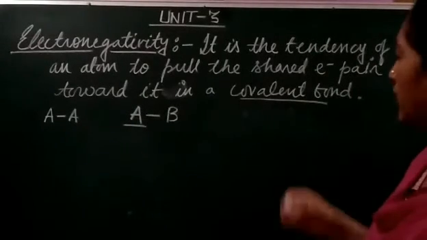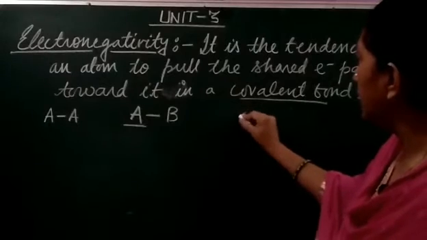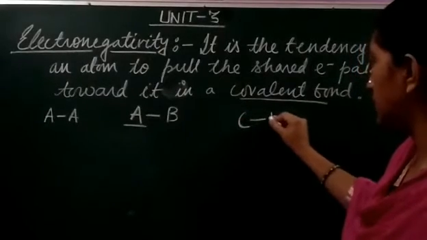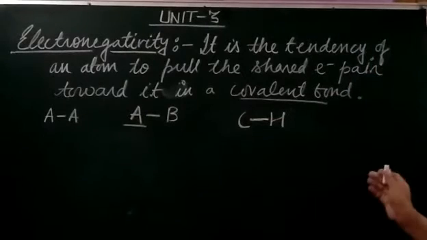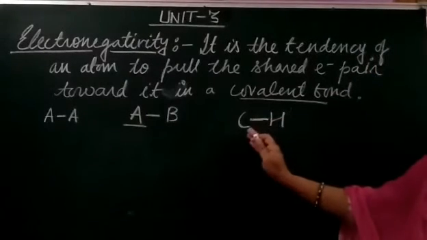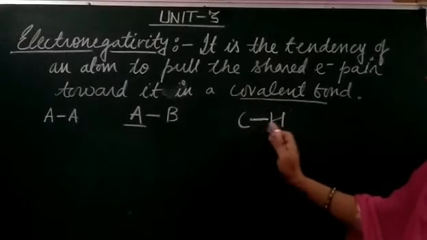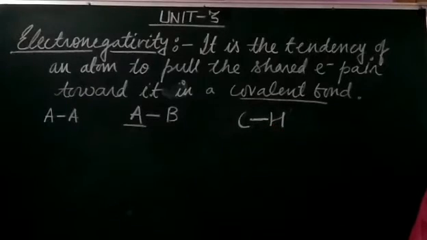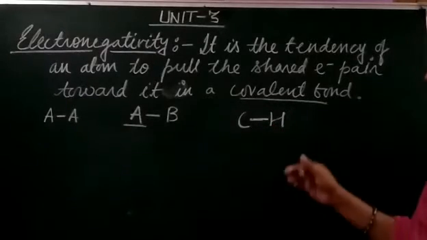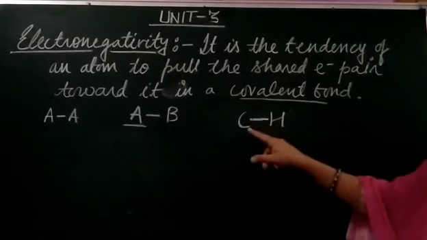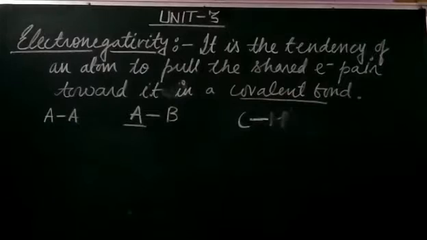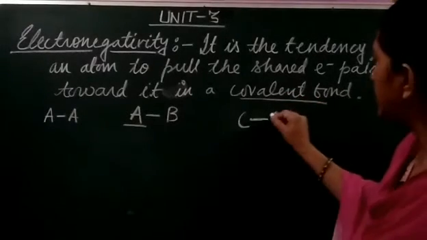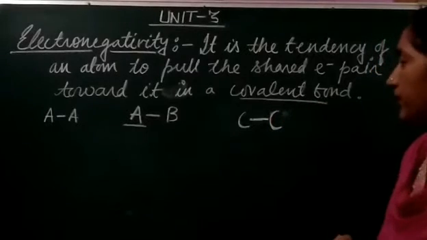For example, if we take carbon and hydrogen, a simple example, let a covalent bond be formed between C and H. Now, if we compare the two, definitely here the carbon, okay, let's take the example first of homoatomic. So here, if we have a C dash C bond,